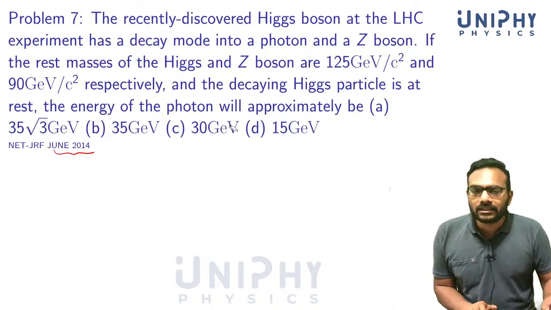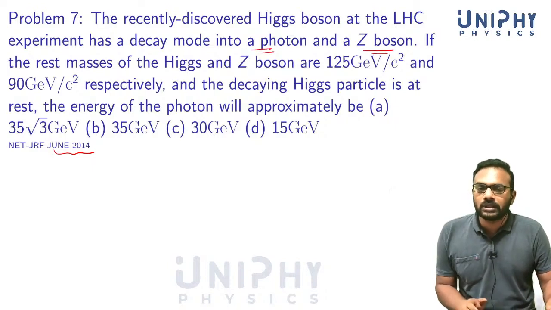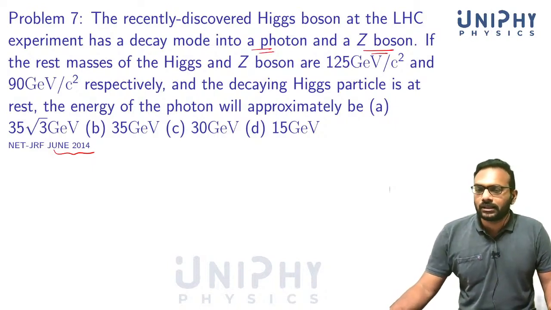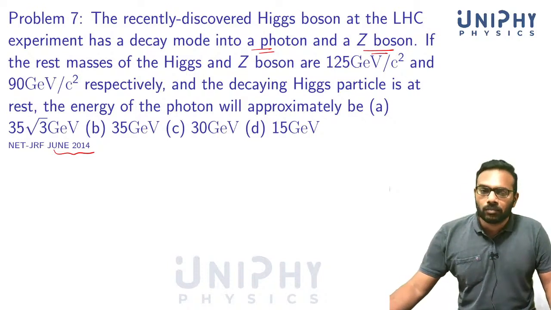So the recently discovered Higgs boson at the LHC experiment has a decay mode into a photon and a Z boson. Okay? The Higgs boson decays into a photon and a Z boson. If the rest mass of the Higgs and the Z boson are 125 GeV/c²,